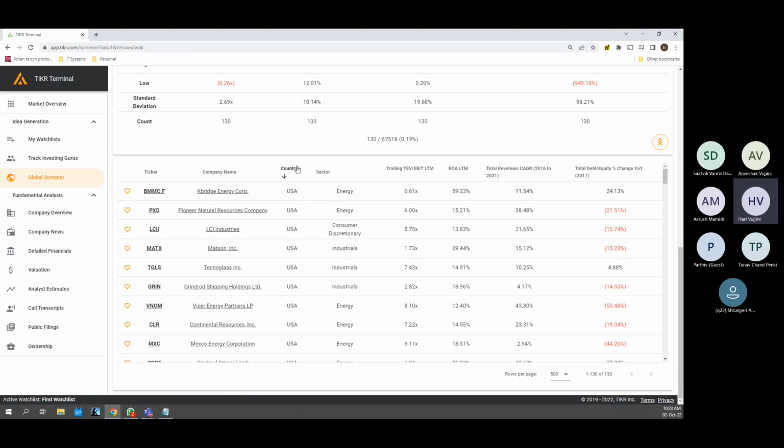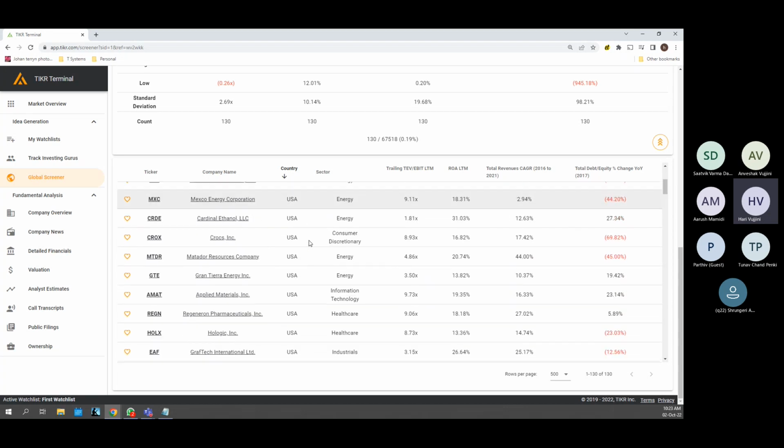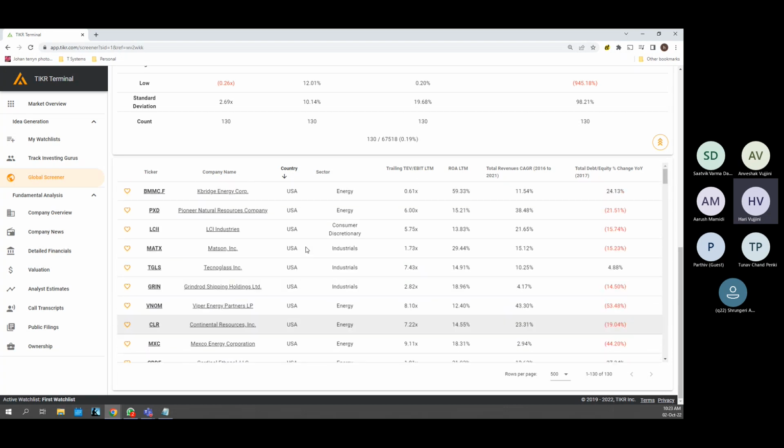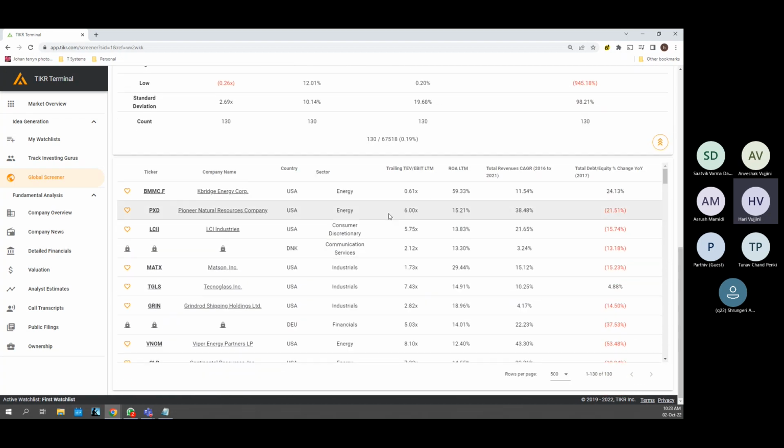I can't show you other countries, so maybe it's only US we should be able to see because I don't have the premium. I thought maybe I can show you Denmark, but then I don't have the premium to show you Denmark. So some company in Germany. Okay.